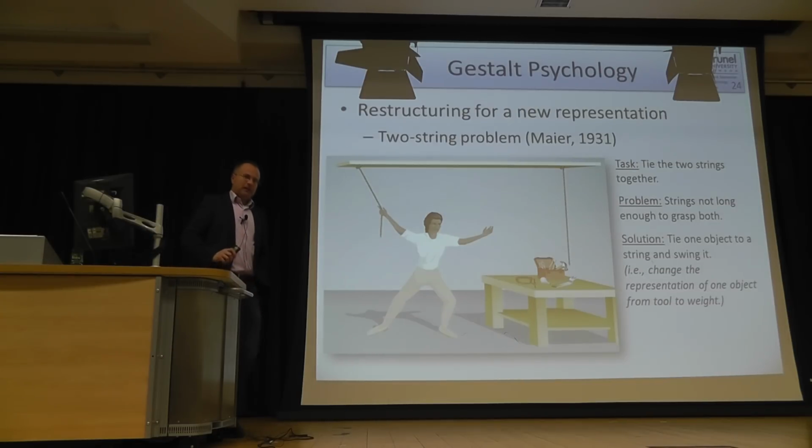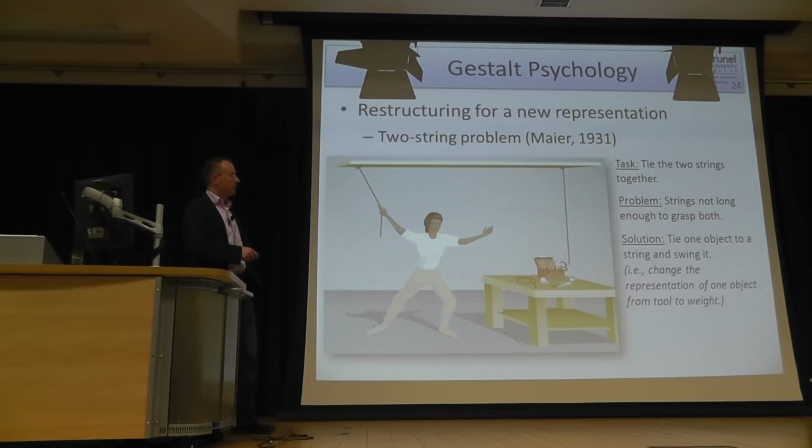However, this is a quite challenging problem for participants. And the reason for this is that usually participants associate the things which lie around with their usual function, like a hammer. They don't consider that tool, which has a specific function, as a weight. So as a different thing or for use in a different purpose. So to solve the problem, what you need to do is to change the representation from a hammer to a weight, for instance. And that poses problems to people.